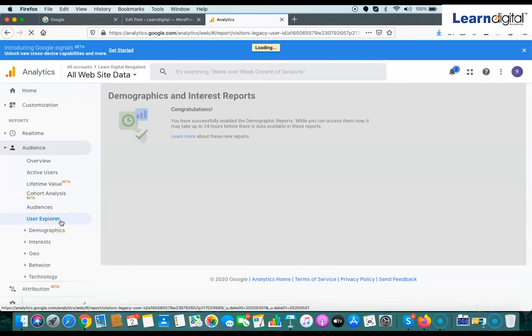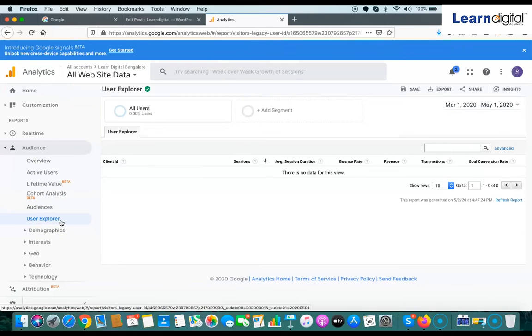User Explorer is also a new feature where Google will show a unique ID for each visitor. So you can see this particular visitor, this particular person. You cannot know the user ID or user name of that person, but a system generated unique ID for every user will be generated by Google Analytics, and then you can identify that this visitor is making this many sessions, and his bounce rate is this, and get more details about that particular visitor without knowing their actual personal data.